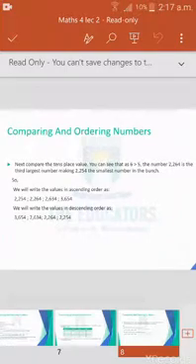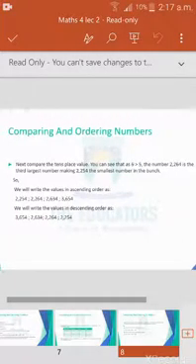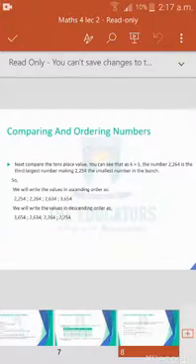In ascending order, we put the smallest number first, and we put the largest number at the end. In descending order, we always put the greatest number first and the smallest number at the last. So we would reverse the method. First of all, this would be 3654, then 2634, then 2264, and then 2254.